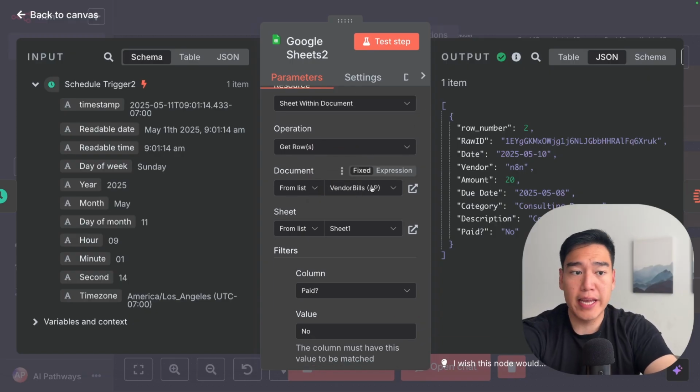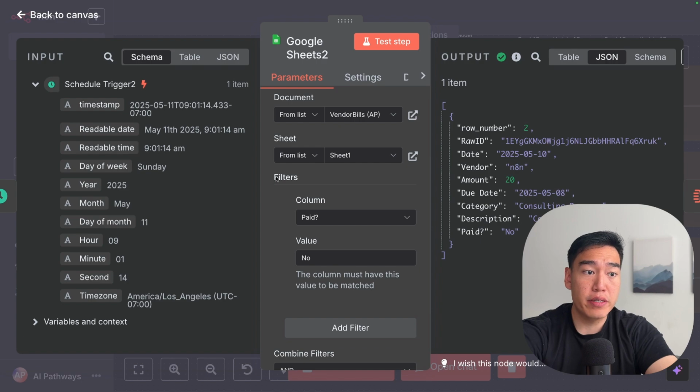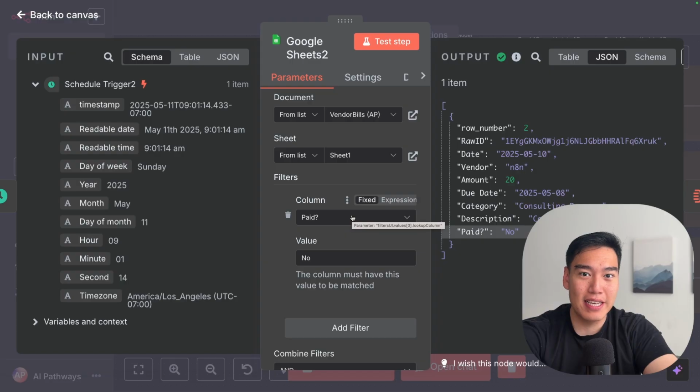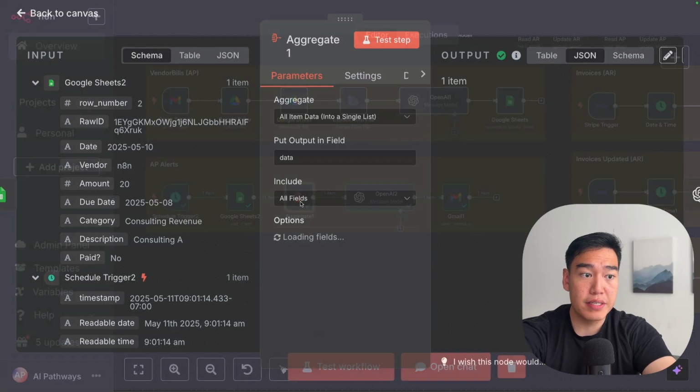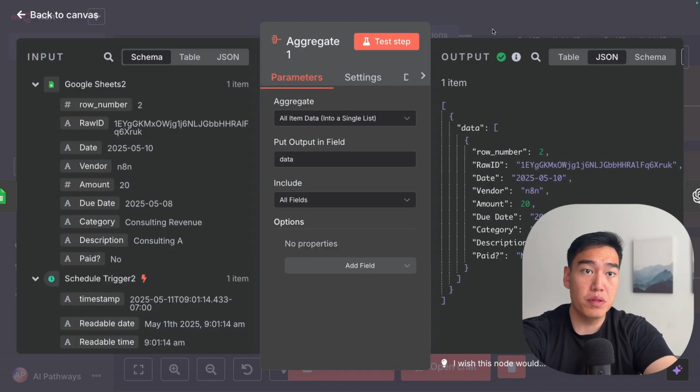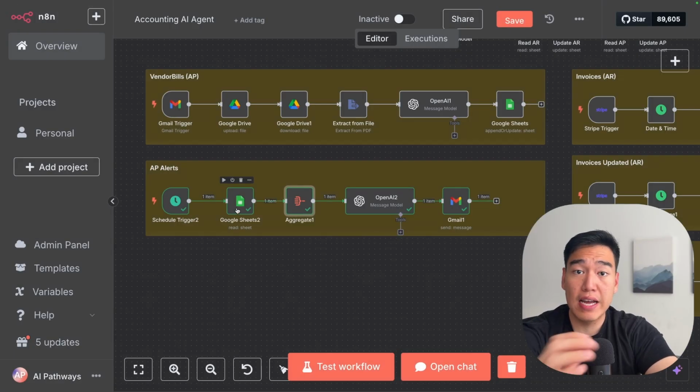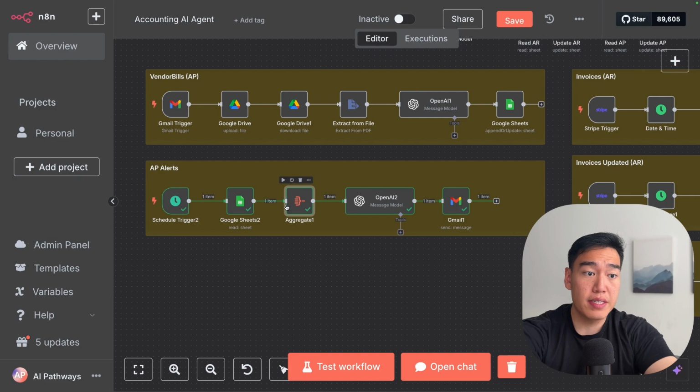So again, select the AP sheet you created. And then what we want to do is filter for the column paid. So this is the last column we had here. We don't care about all of the vendors that we have already paid for. So that's why we're adding this filter. If we already paid it, we don't need this in the update saying, hey, we need to pay this or the due date is past due. This only concerns us if we haven't paid them yet. So that's why we add this filter of not paid. And then inside the next node, what we want to do is aggregate all the data. Now this is only one column, but say if we had 5 non-paid, it'll aggregate all of these into one